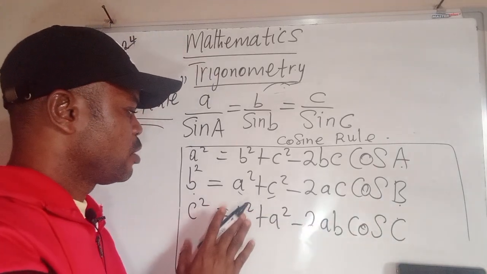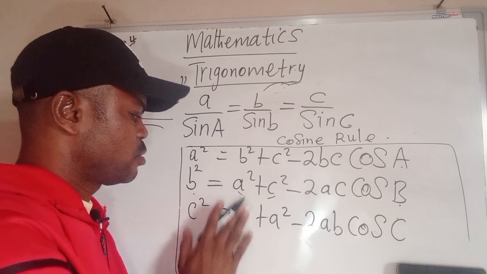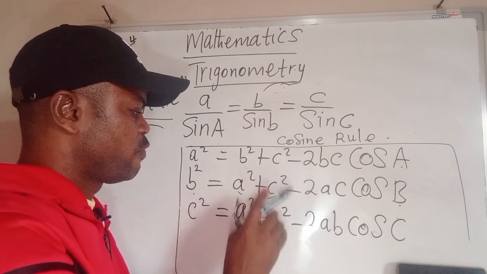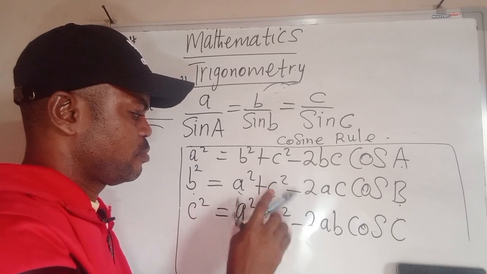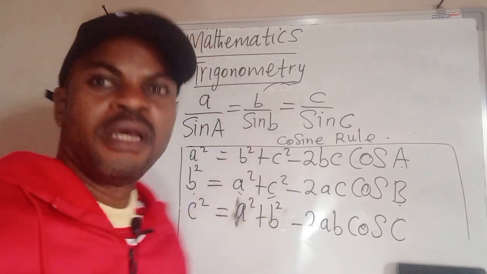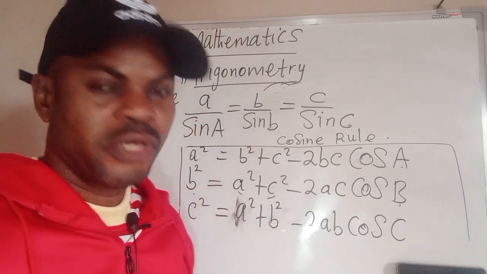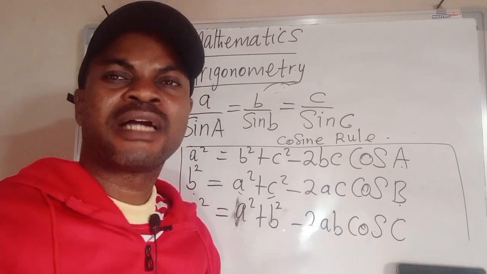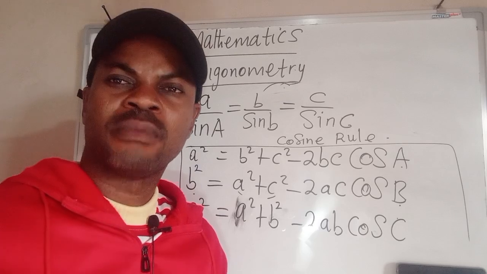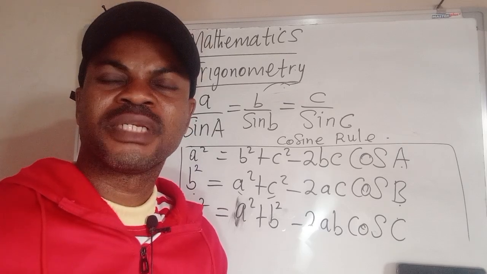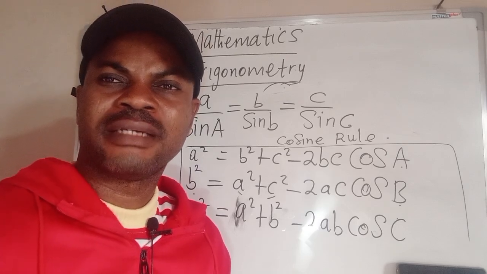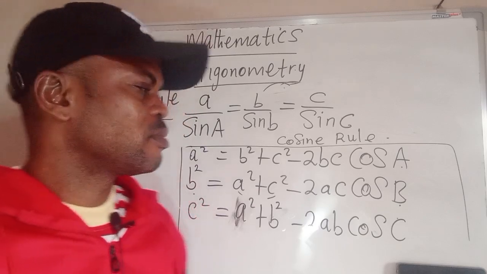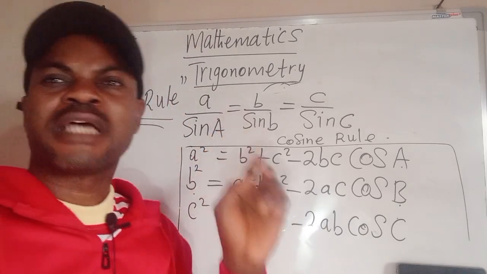You can as well bring a squared first, before b squared. The formula is as simple as ABC. When the sine rule cannot resolve an acute or obtuse triangle, another formula that comes to mind is the cosine rule. What is the cosine rule saying? Here it is. If you start with side A,